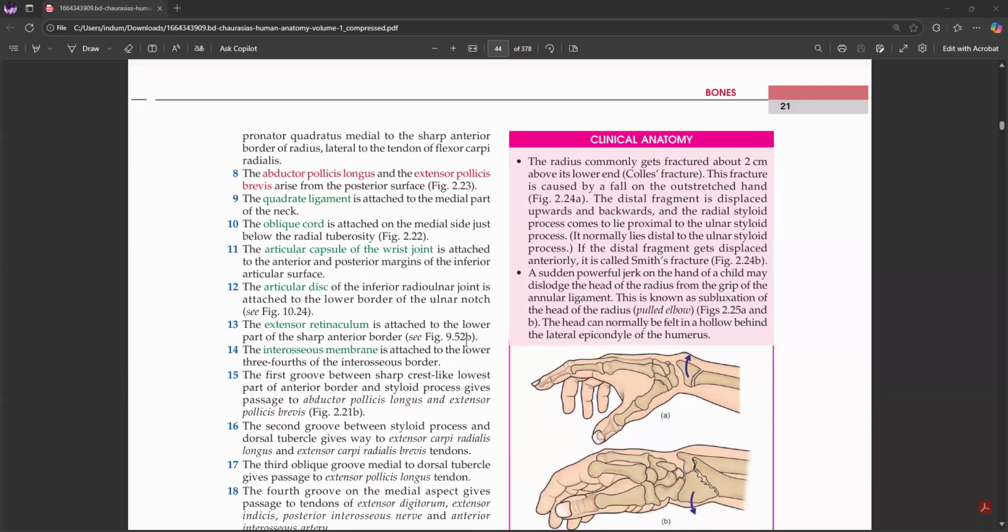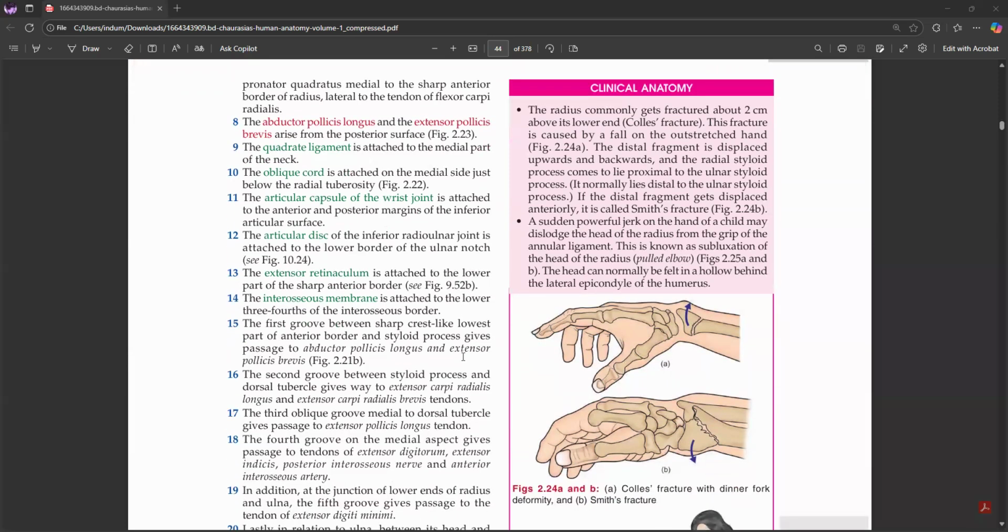Number 8. The abductor pollicis longus and the extensor pollicis brevis arise from the posterior surface, figure 2.23. Number 9. The quadrate ligament is attached to the medial part of the neck. Number 10. The oblique cord is attached on the medial side just below the radial tuberosity, figure 2.22. Number 11. The articular capsule of the wrist joint is attached to the anterior and posterior margins of the inferior